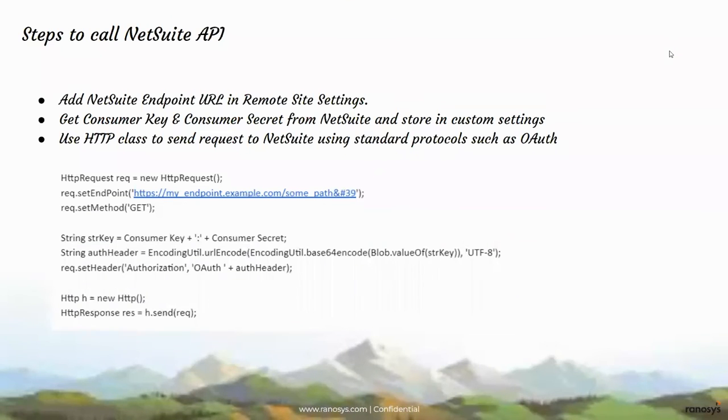So if we try to summarize in a nutshell, what are the steps to call a NetSuite API? First, we need to add a NetSuite endpoint URL under remote site settings, get a consumer key and consumer secret from NetSuite and store them in custom settings, or maybe named credentials, which is a better and more secure approach. A named credential is nothing but